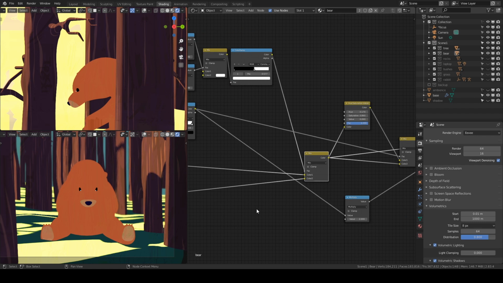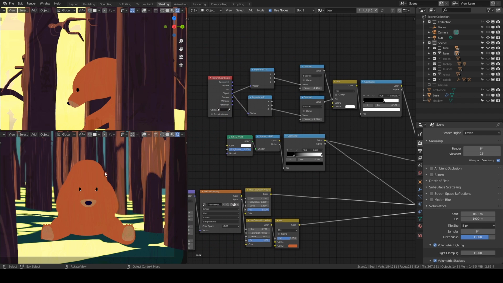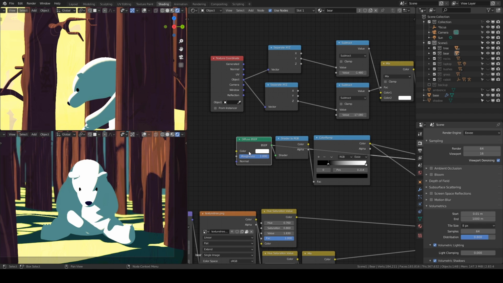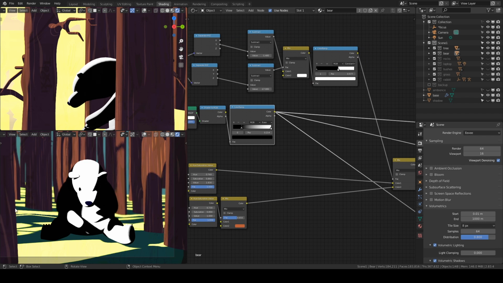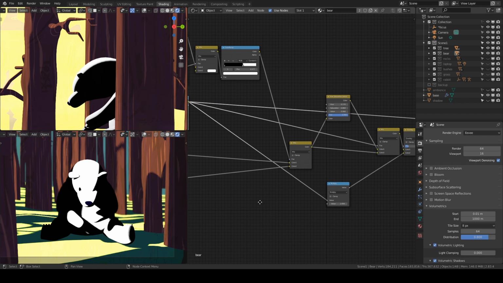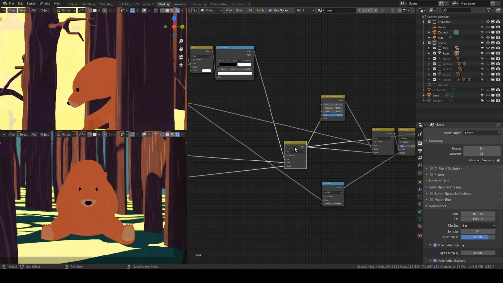Now the next step, like you might have expected already, is to create the shadows. So for that I defined a diffuse BSDF, I changed it to shader to RGB, and then I tweaked the ramp so that I can actually highlight this area. Now you might notice that a lot of portion of this bear is in dark. I wanted to do that because since I was using skin node, if I hadn't done that, you would have seen artifacts in the shape. So now we have the highlight, midtone, and the shadow.